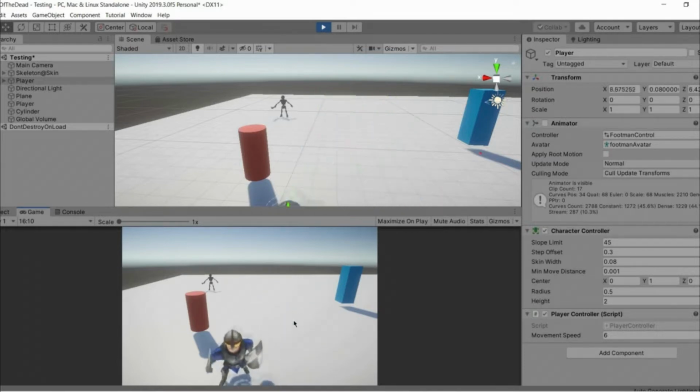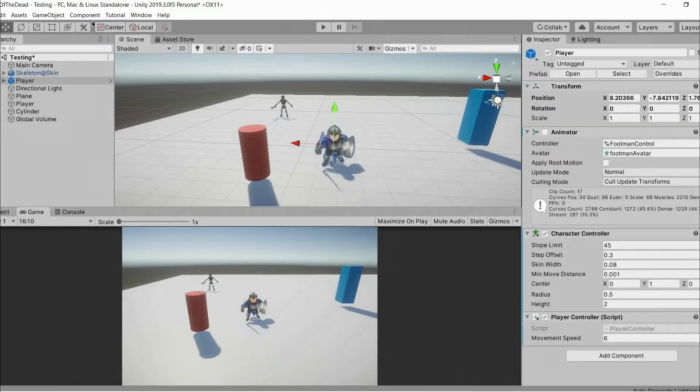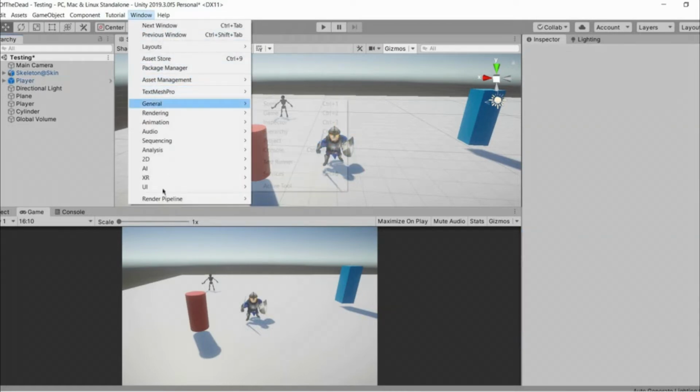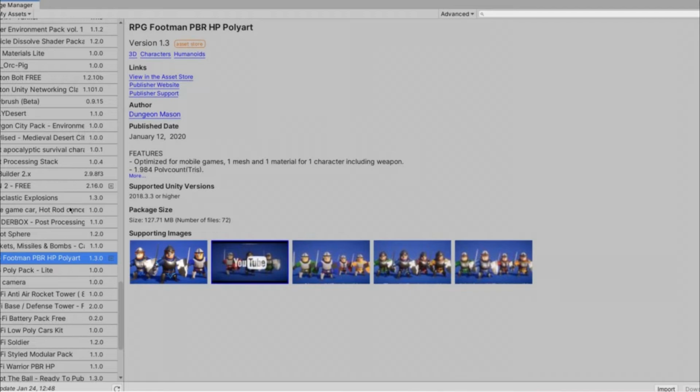Now one thing which we need to do is create a rotation script so that our player rotates wherever we go, guys. But at first, let's set up our camera. To set up our camera, you need to download an extra package named Cinemachine. It is a very good tool created by Unity Technology. It is basically the tool used for the camera. What it does is handle your camera in such a way that it makes your game look more fantastic, guys. So with that, go inside the package manager,